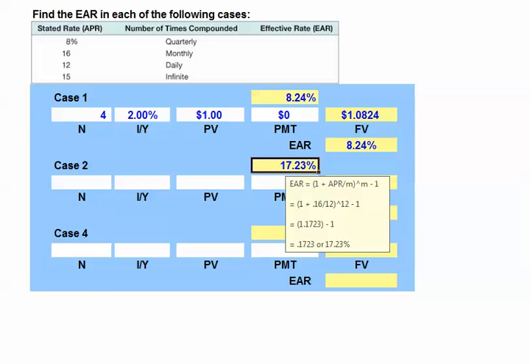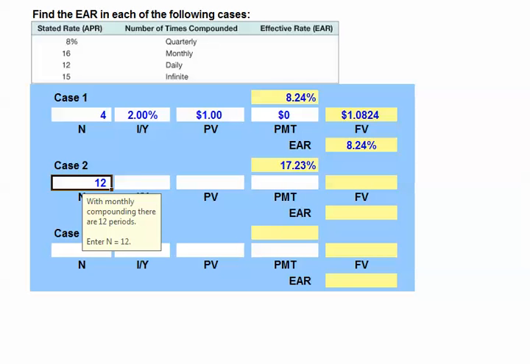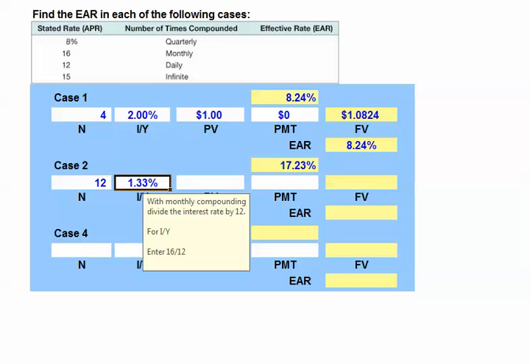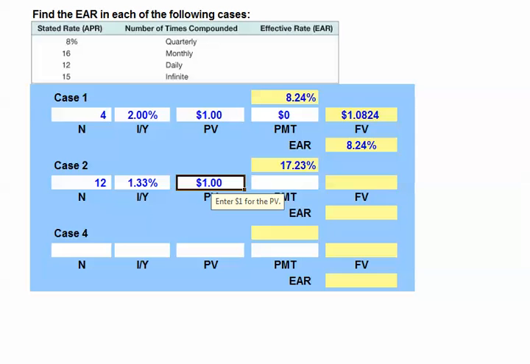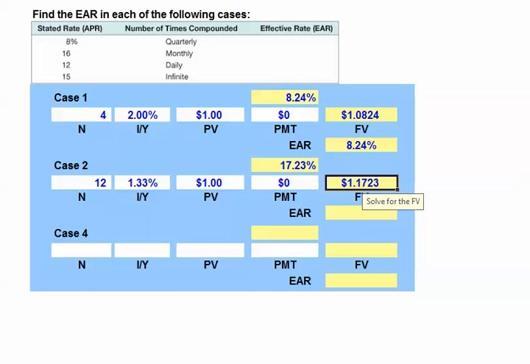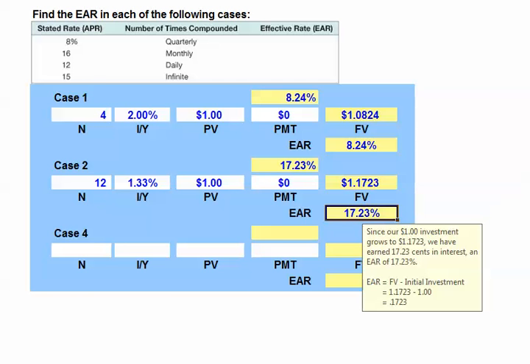17.23%. Using our financial calculator, we can make a similar calculation. We'll enter 12 for the number of periods since we have monthly compounding. For the interest rate, we'll take the 16% interest rate and divide it by 12. We'll begin with an initial investment of $1 today, put in 0 for the payment, and solve for the future value. Our $1 initial investment grows to